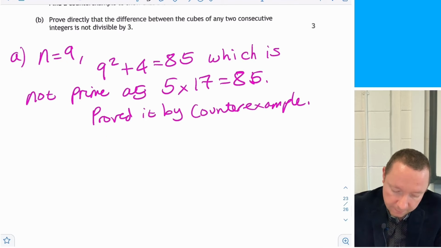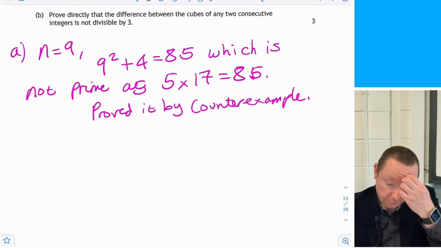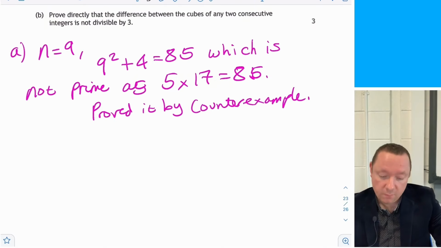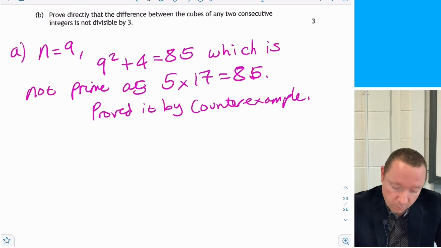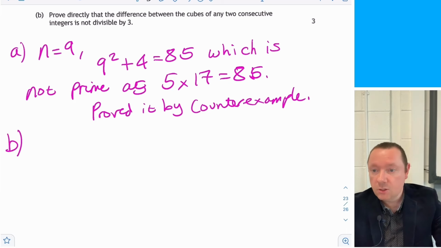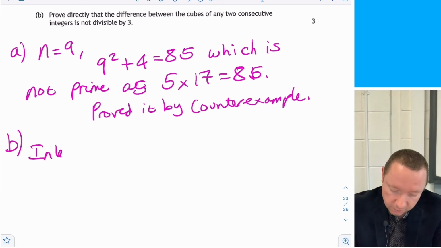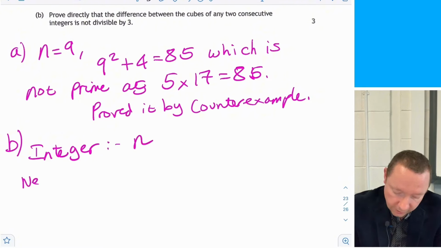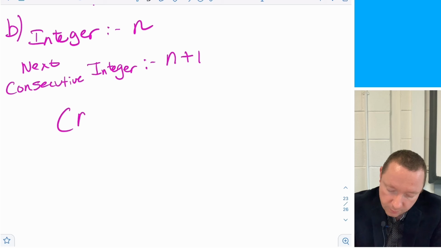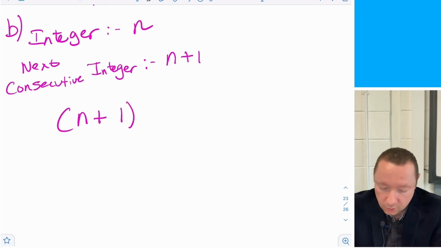Okay, part B. Prove directly that the difference between the cubes of any two consecutive integers is not divisible by 3. So let's take an integer, any one we want. Let's call it n. Then the next consecutive integer is clearly n plus 1. n plus 1 cubed